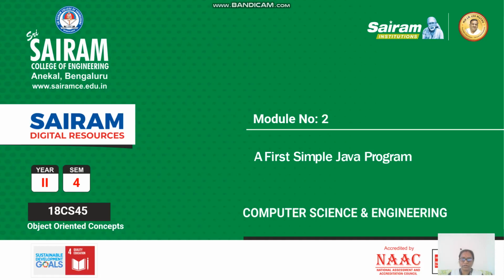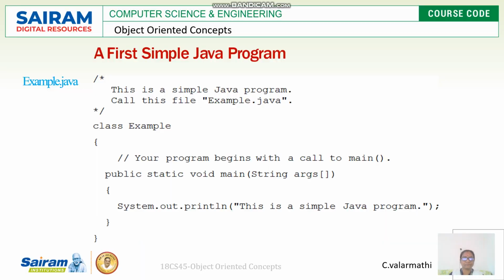In this video, we are going to write a simple Java program as a first concept. We are going to see the basics of how to write a Java program, how to execute it, and how to see the output. First, we will discuss the theoretical part of how to write a sample Java program. Then at the end of this video, we will go for the complete execution of one Java program. Let us go to the topic.